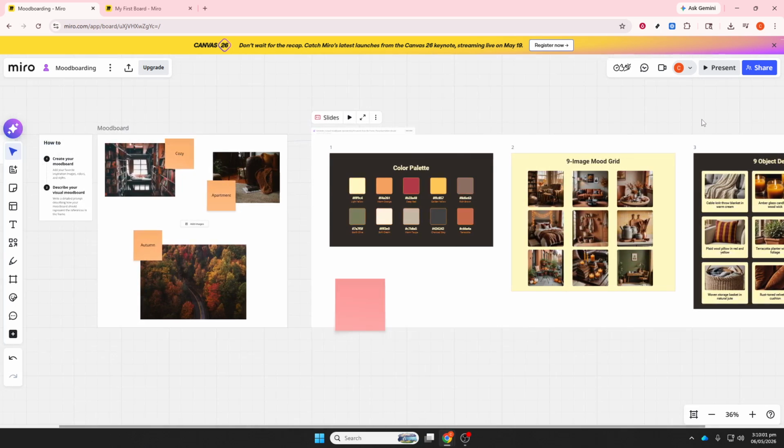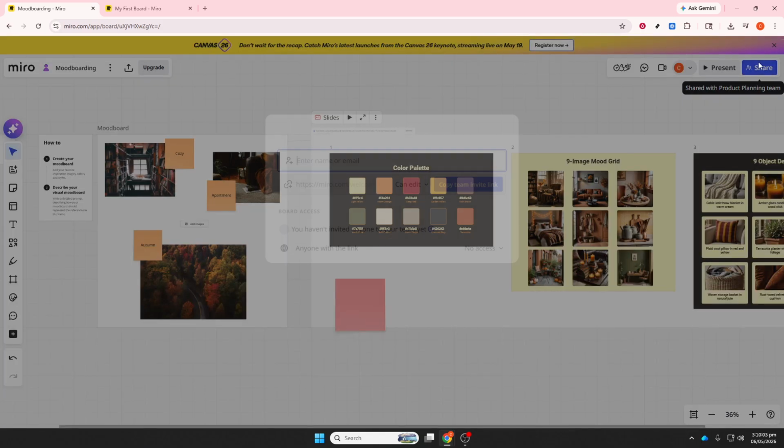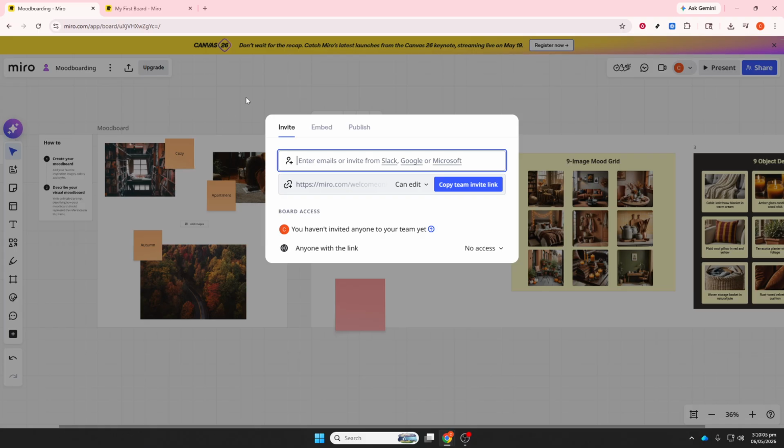Less truly is more. Finally, share the board with your team or client, invite feedback, and make revisions. Collaboration is the point, and Miro makes it easy to iterate until the direction